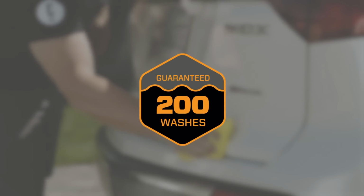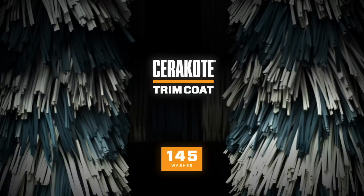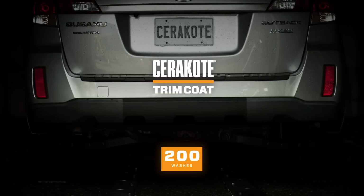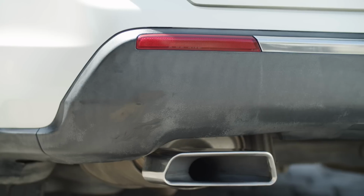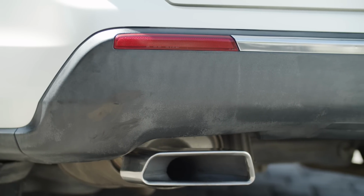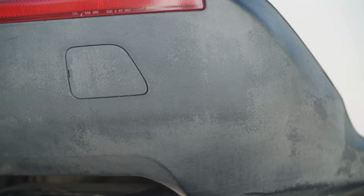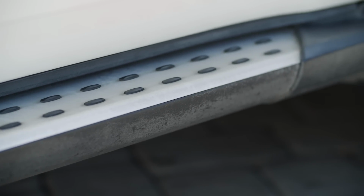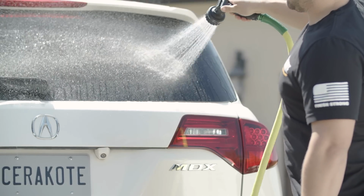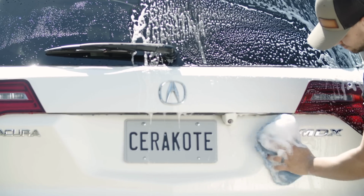Trim Coat is designed to restore your trim to an unrivaled level of gloss that lasts for at least 200 washes. For prep, Trim Coat should only be applied to the plastics of a freshly washed and dried vehicle. This makes sure the plastics are as clean as possible, limiting the amount of product needed and guaranteeing the best results. For washing, you can either take your vehicle through the car wash or hand wash using standard car wash